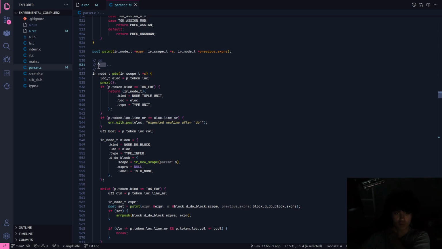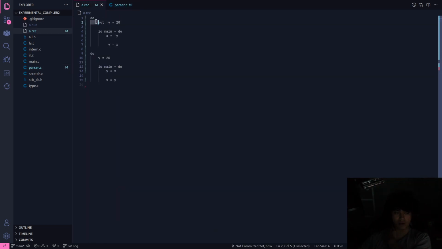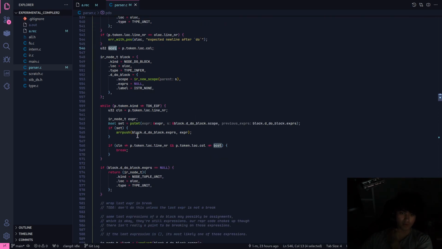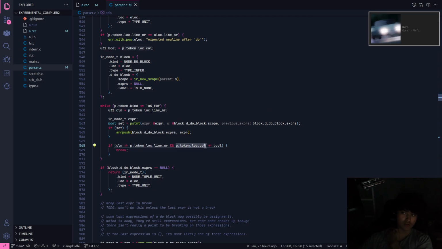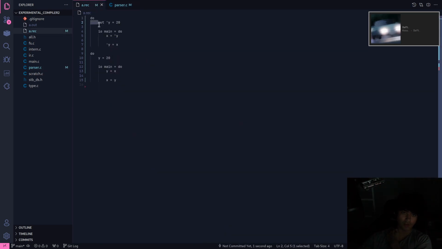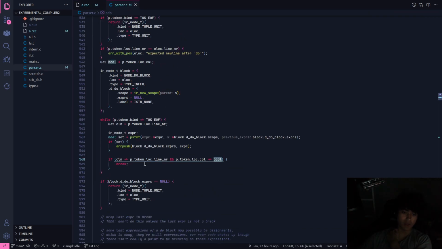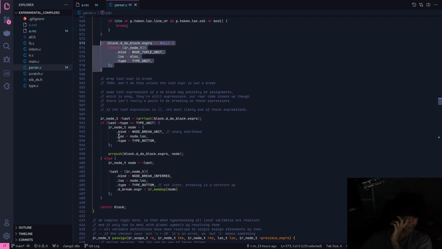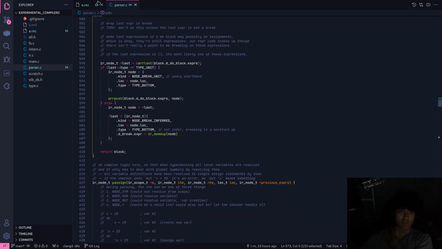And it gets the current original column. The amount of ASCII characters, the amount of bytes, basically. It's the amount of bytes from the left to the right. So that's the column stored. And so it constructs a new block, and while the token.kind is not an EOF, it keeps consuming statements until the current token column does not equal the original column. And it breaks out of the loop, and then returns the values and everything. So that's how do blocks work.